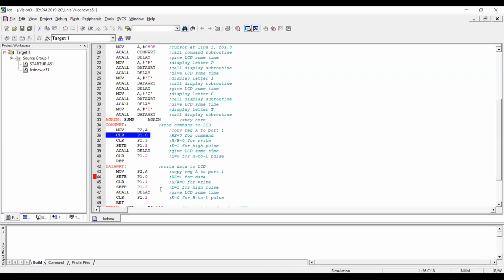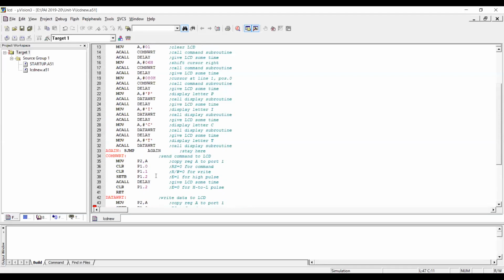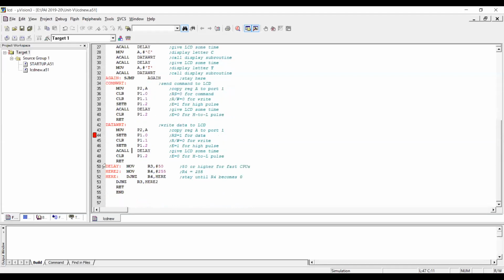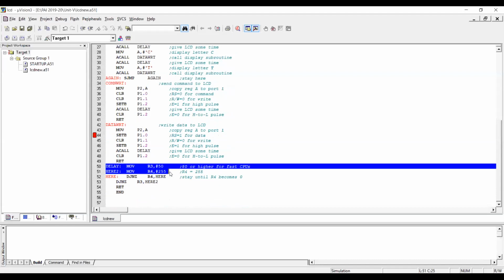The thing is that you only need to understand what is meant by the command, what is meant by the data, and how to send that. Here we are sending the command, here we are sending the actual data, that means PICT, the characters which we want to display on our LCD panel. Now this is what the code is. This is nothing but the delay, because the LCD panel is an interface device and it requires some time to get that data on the screen.